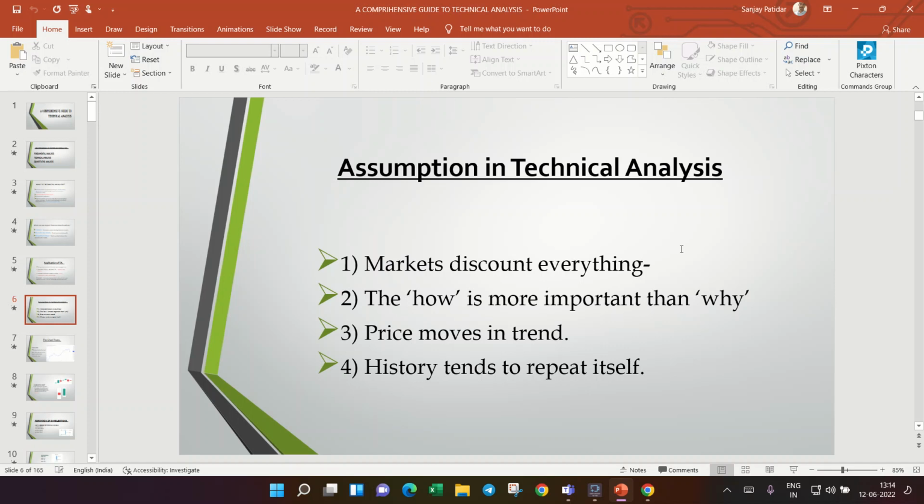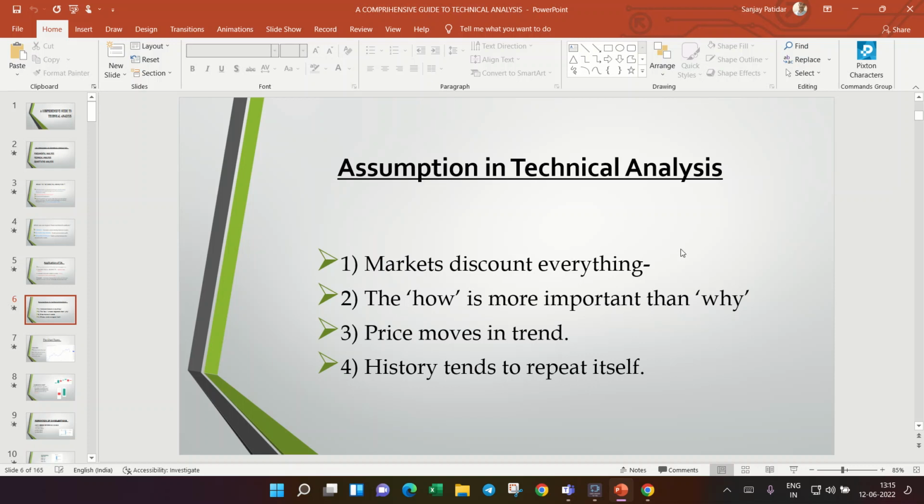So there are some assumptions in technical analysis. The first is market discounts everything. A technical analyst trader does not see the news or any fundamental thing for placing the trades, right? And that news or whatever the result or anything is about to come in the market. Let's say tomorrow the result of Reliance is about to be in the public domain. Okay, but that result expectation has already been discounted on the chart. The stock has already made its movement